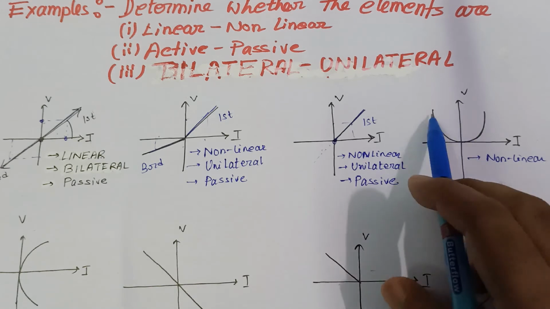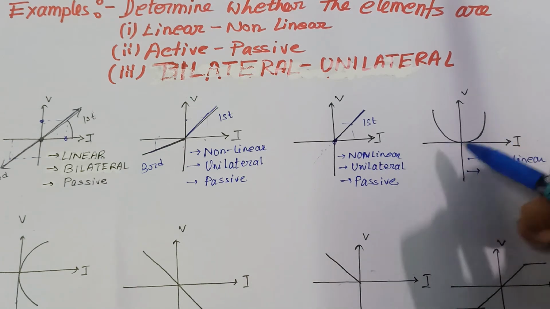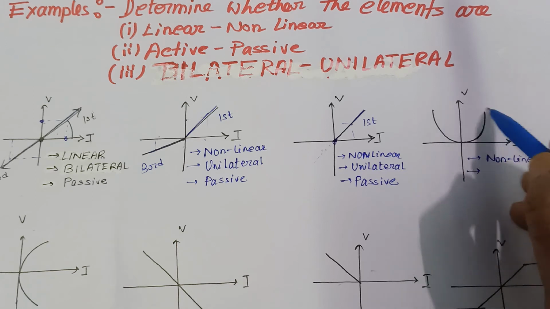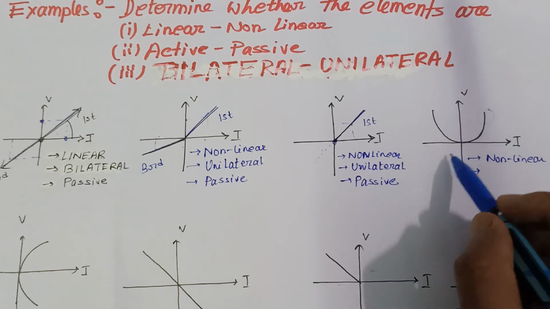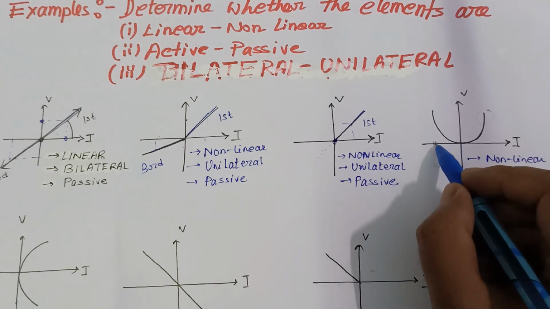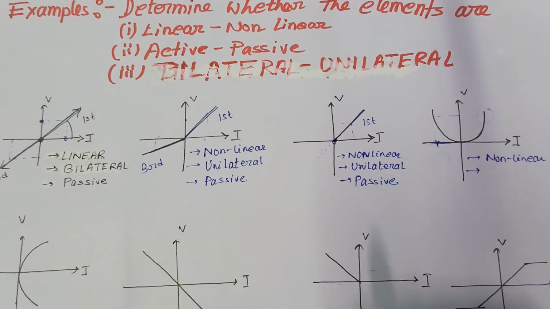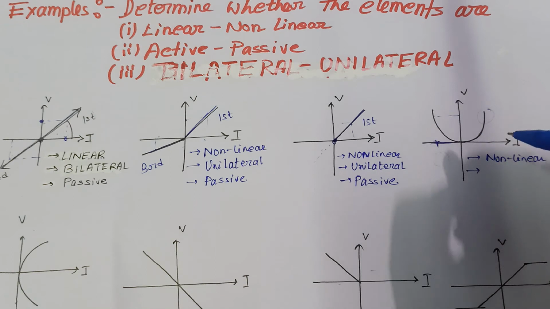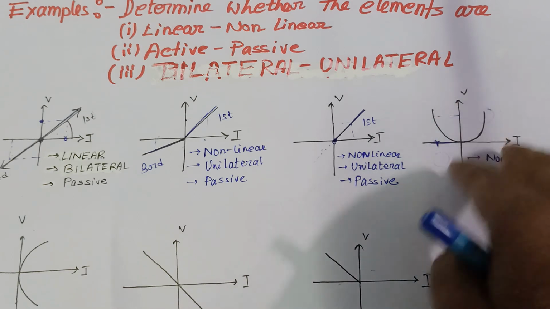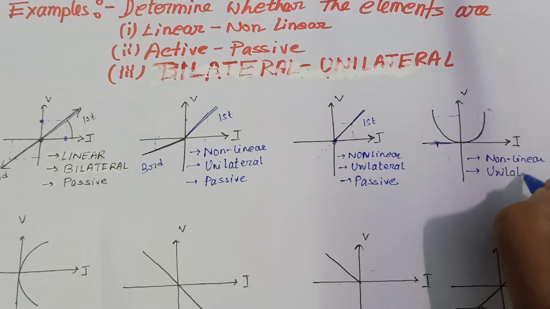अरे only one equation तो दूर की बात है, यहाँ पर तो curved line हो रहा है, so it is not following any equation of straight line. So it is non-linear. Again, whether it is bilateral or unilateral, see, there is only positive part and there is no part in this negative section. Yes, there is some negative value of current, but even for the negative value of current, it is showing positive value of voltage. It means the ratio of voltage and current will never be same if you reverse the polarity. So it is unilateral.